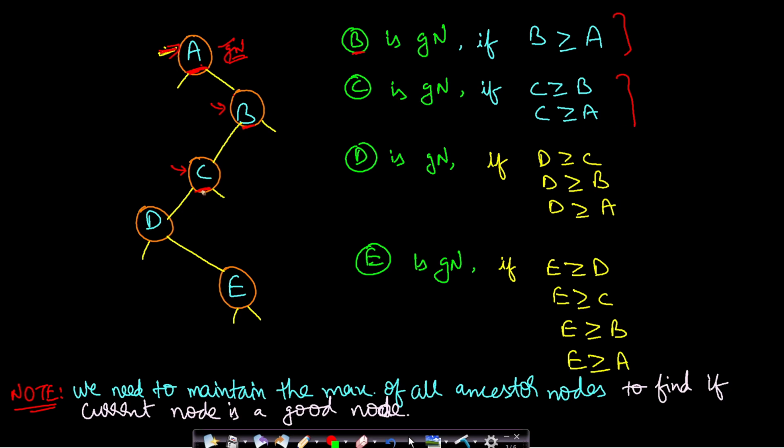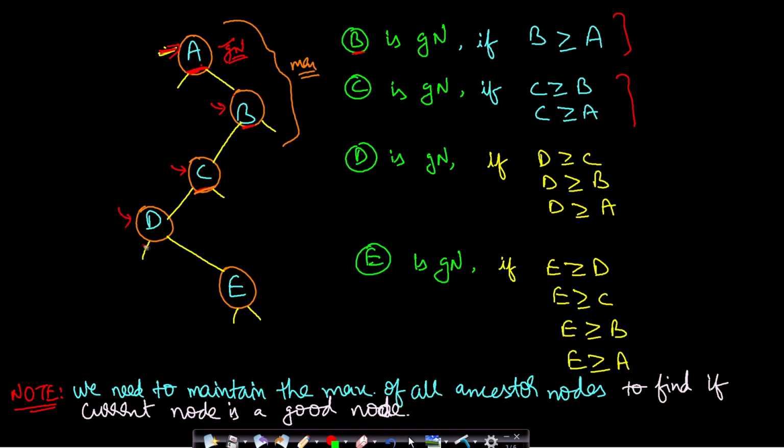So what we can do is take the maximum in this path from root to this C. We find whichever node has the maximum value, and just compare it with C. If the maximum in this path is greater than C, then C will not be a good node, otherwise it will be a good node, because anyway C has to be compared with all the nodes in the path. So better to compare it with the maximum value, so that we can do just one comparison and solve it, right?